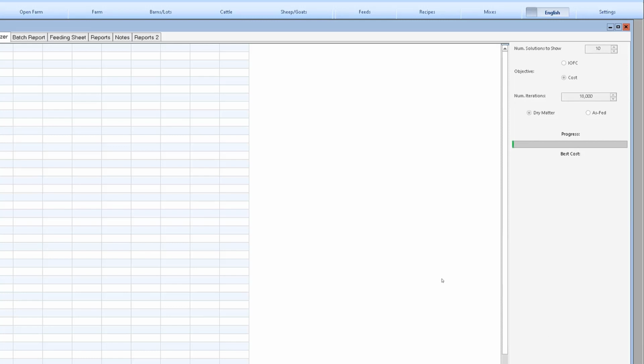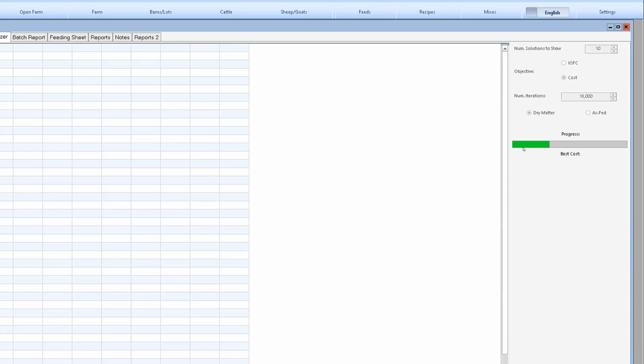And then we just wait while it starts going through its calculations. You'll see the progress bar here as it's moving through all of those. In general, what I have found with this optimizer is it is seldom that it does not come back with solutions.